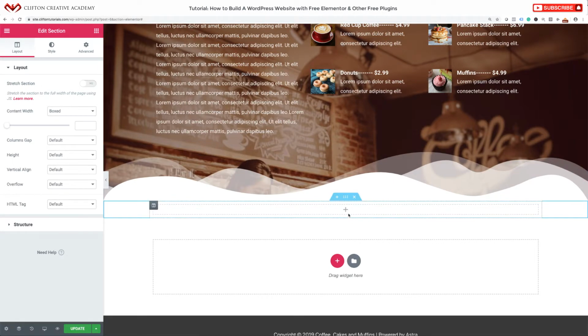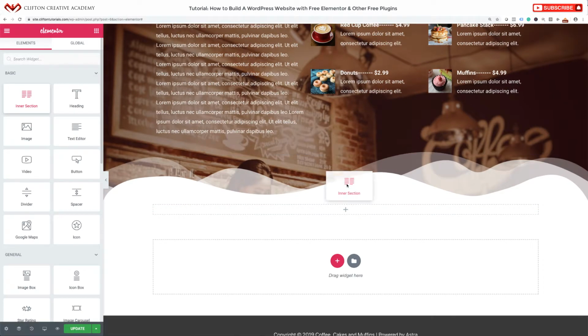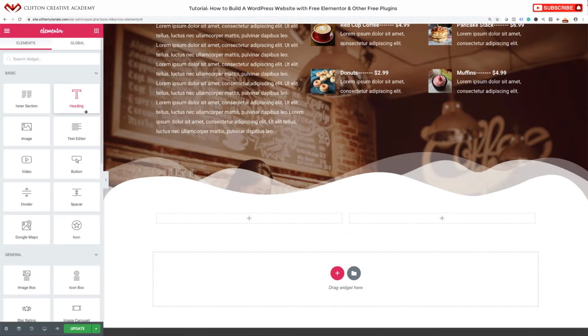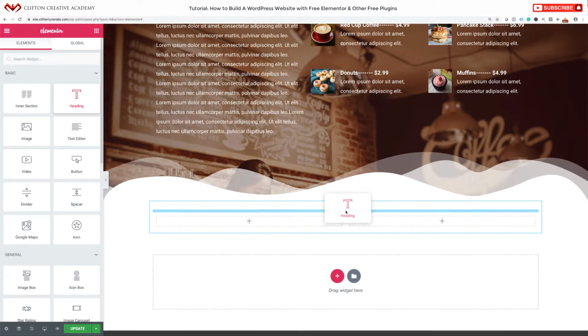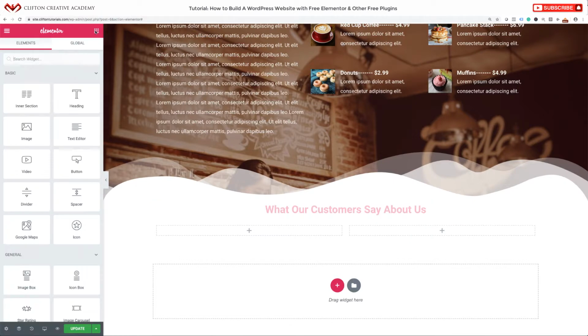So I'm going to click here to access the elements, and I want to pull in an intersection just like that. Okay. Then we had a title, so I'm going to go ahead and select the elements again, pull in a heading at the very top, and it says what our clients are saying about us. Okay, what our customers say about us. I'm going to go ahead and make that centered,